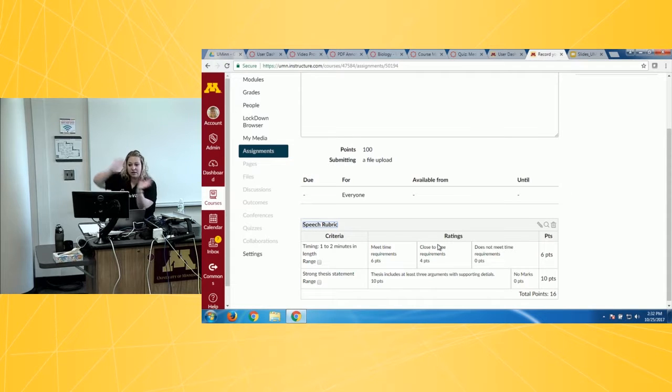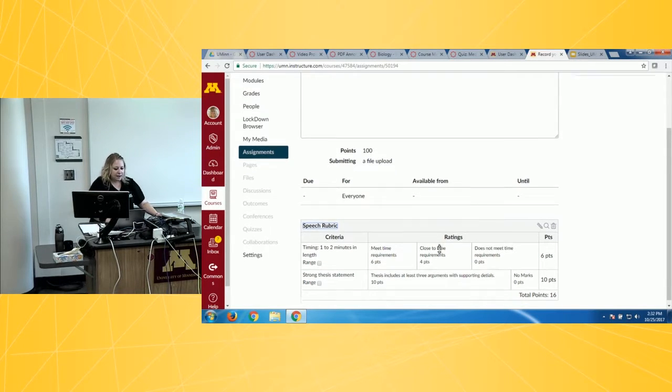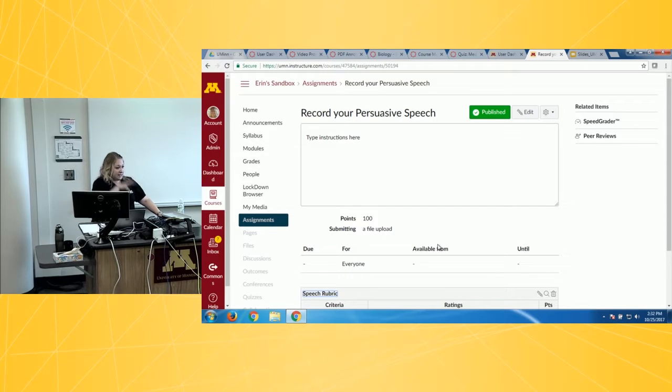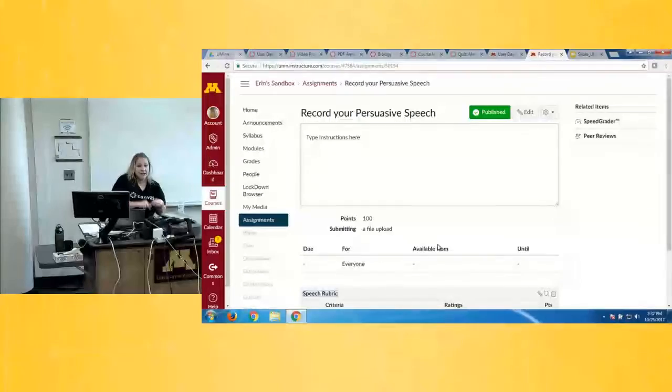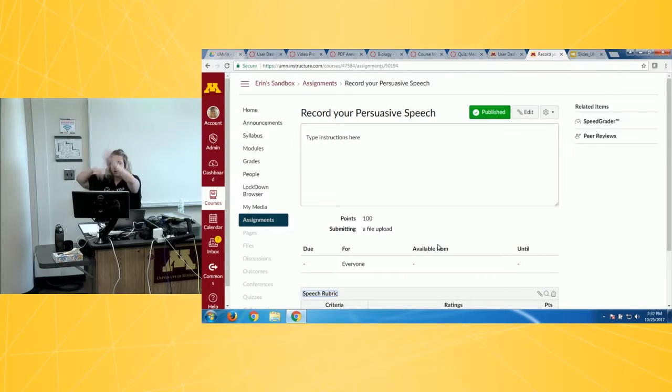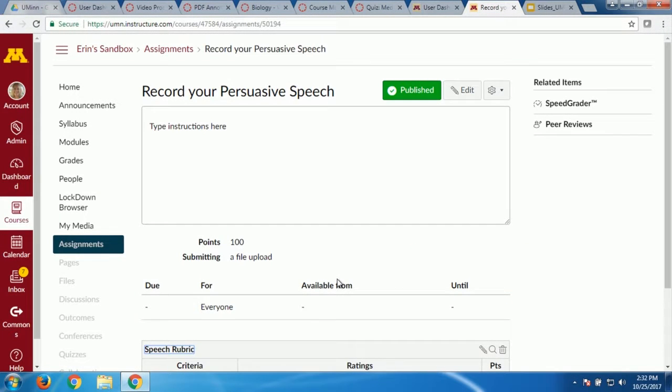So if you do want to use a rubric from Canvas in the SpeedGrader with those external tools, like you have that Google Doc you want them to fill out and you want to use a rubric to grade it, the note for that is there's a workaround. Don't turn the assignment into a Google or Turnitin or anything yet. Create just the title, the points, the date, save it, add the rubric first, then go back and turn it into a Google, Turnitin, or other type of assignment. That's a question I always get.